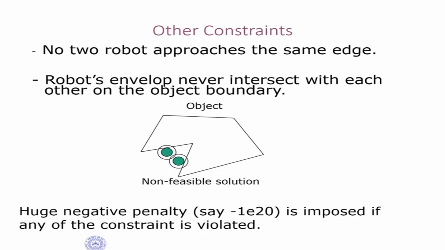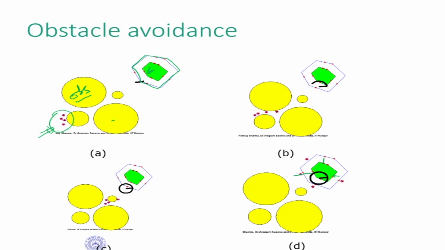Okay. So now next what we look at is pushing an object. Now we have captured an object. In this figure we have seen that we are able to capture the object. Now I want to push the object to some destination. Okay, how do you do that? After the object is caught, so if this is my object, the object has been caught by mobile robots or multi-fingered hand. Now I want to push it in this direction.